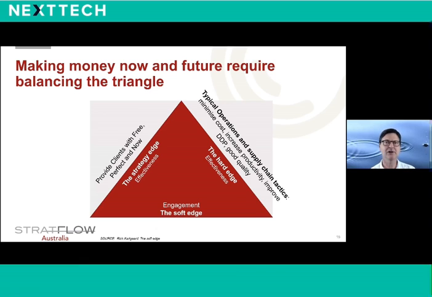And hopefully while adding value to society. And in order to do this, management needs to manage and balance the three edges on the triangle above. More than 80% of the time we spend on the hard and the soft edges, managing people day to day and making sure the cost is under control. And less than 20% of the time we spend on looking forward, on strategy.